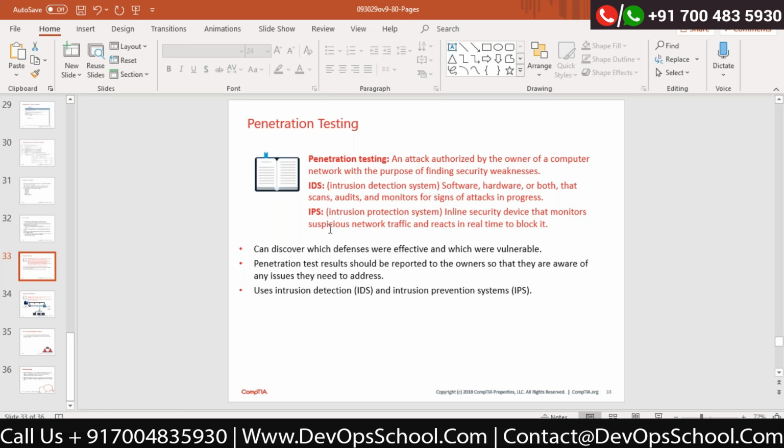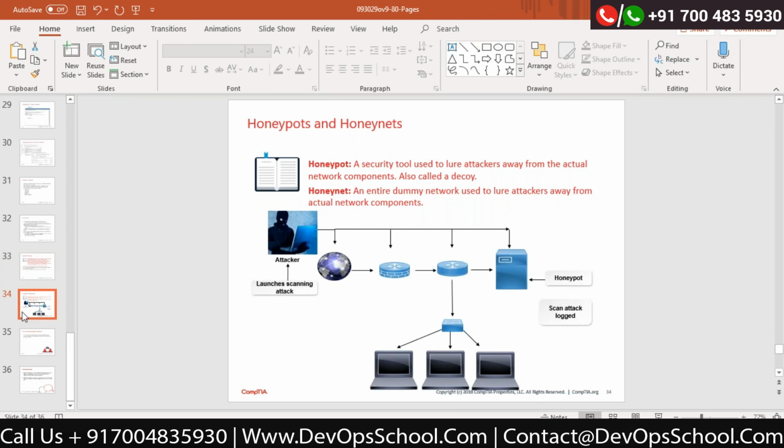Correct? Now you have to make sure that if you want to secure your network, you should do penetration testing. IPS and IDS devices should be placed and properly configured, and you have to make sure that patches are applied from time to time. You have to manage and test those devices. Correct? Last but not the least thing,